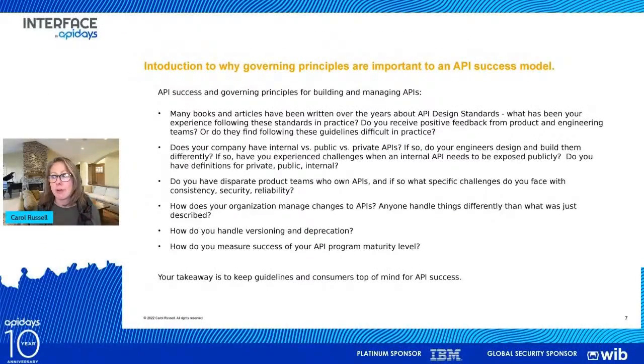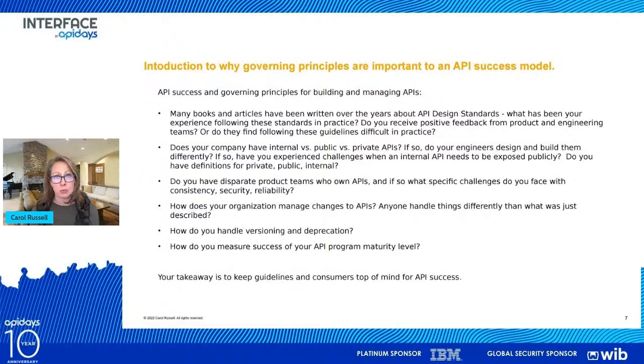Does your company have internal versus public versus private APIs, and what in the world does that mean, right? And it could be the mechanism by which you choose to publish the API. So you build the API, you've built it with a consumer mindset in mind. Every API that you build, right, should be extensible. You should be able to extend it and offer it for public use, right, whether it be your clients or your partners.